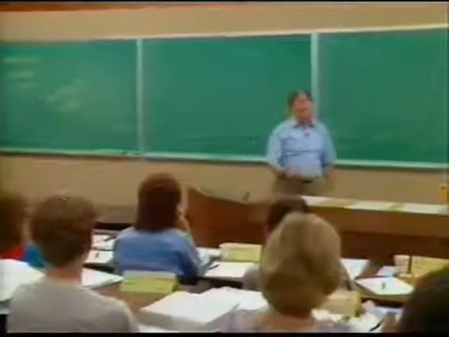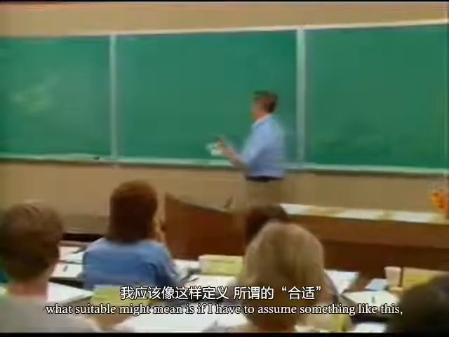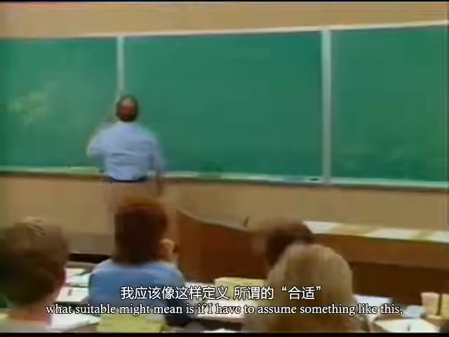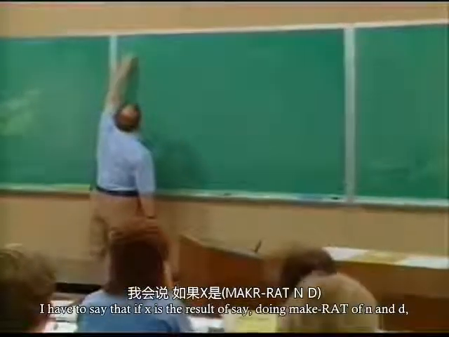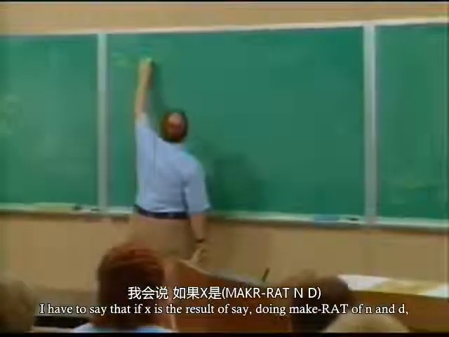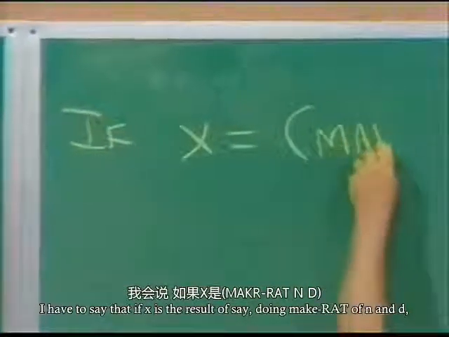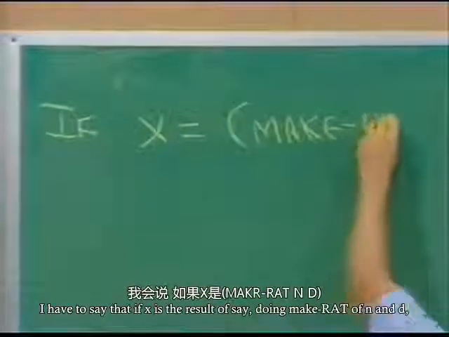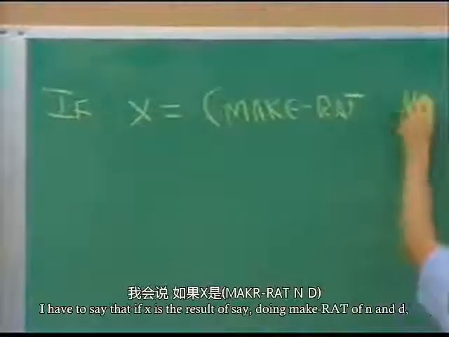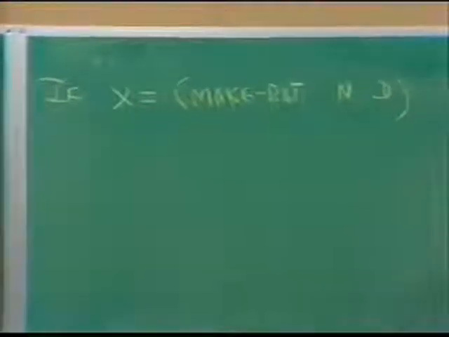If we think about it, what suitable might mean is I have to assume something like this. I have to say that if x is the result of, say, doing makerat of n and d,